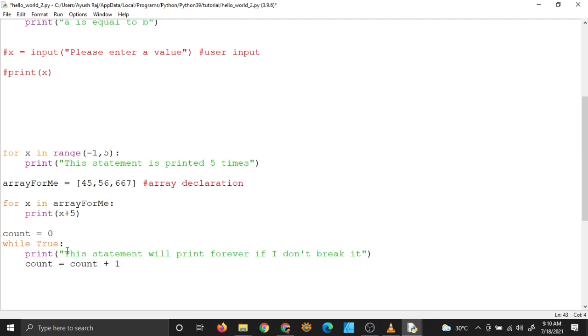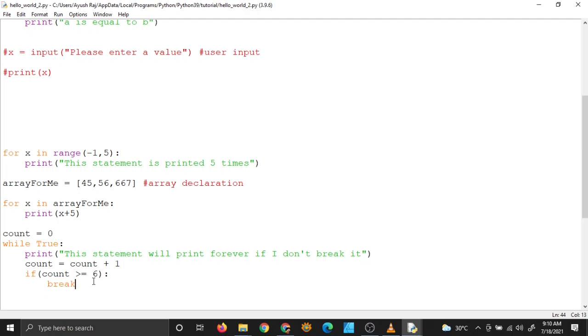Now I want to run the loop, suppose, 6 times. So I will put an if statement here: if count is greater than or equal to 6, I will run the break statement. I want to break it. So if my while statement has run 6 times, then I will stop it.